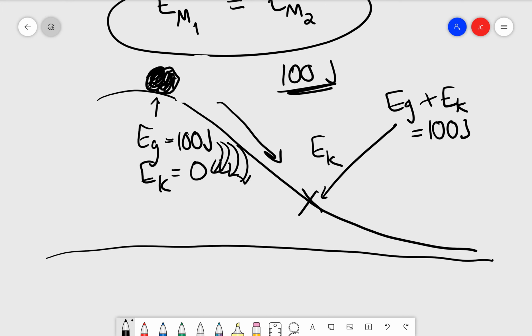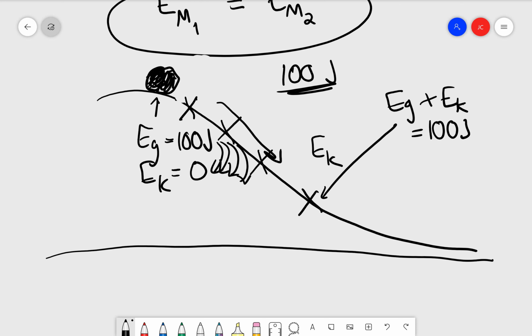You know, you might get 1 joule of kinetic energy and 99 of gravitational around here, and then 98, 97, transferring it over to the kinetic. And I don't know, by the time you're here, you might be at 50-50. And it's going to keep going all the way until you're at the bottom, and you've transferred all the energy to kinetic, and you have none left in gravitational potential, and then the ball will stop, and you will have